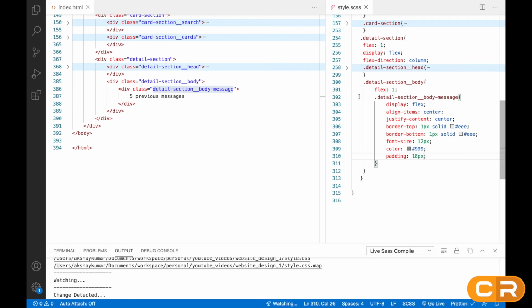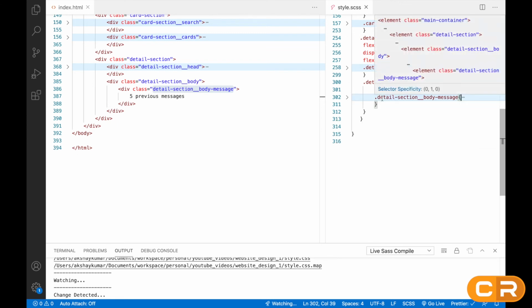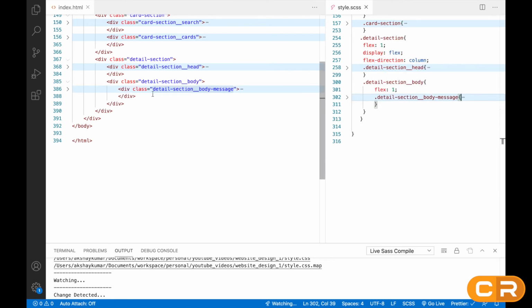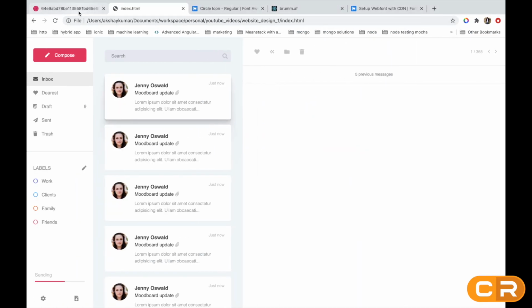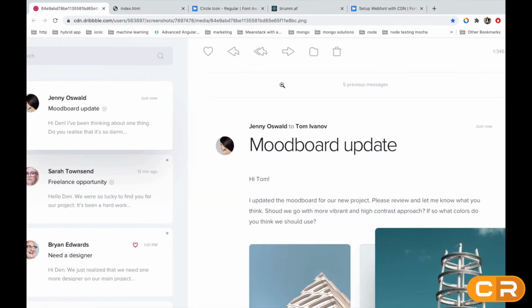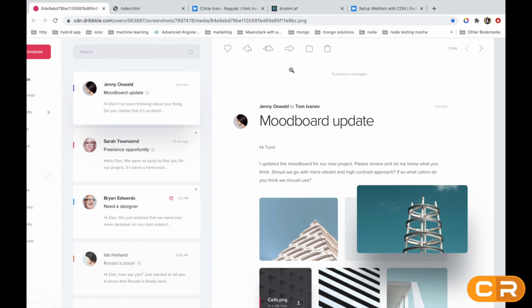So I will close this message also. Okay, and here also. So after this message, we have to create one div, detail section underscore underscore body, then hyphen detail, like this. So here, if you check, this is one section where the profile image is.